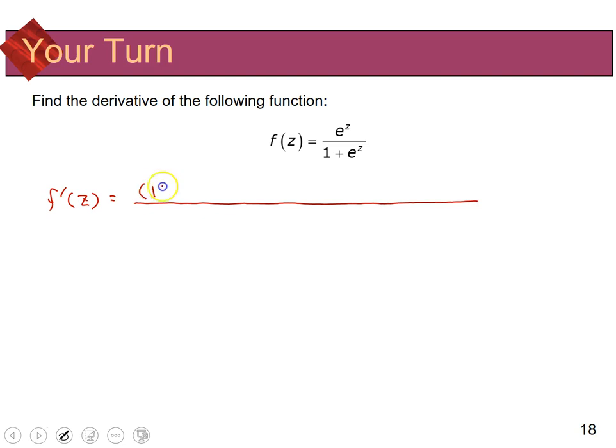I'm going to do bottom times the derivative of the top. This is going to be d dz of e to the z, minus top times the derivative of the bottom, all over the bottom squared. The top can be simplified a bit more. f prime of z is going to equal